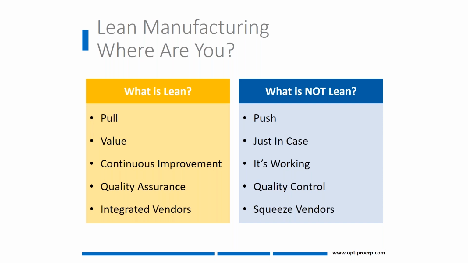We should be talking about quality assurance. Quality assurance is, again, we're looking at our processes, we're improving our processes, and we're designing our processes to ensure that we don't make bad parts. This is quality assurance, and it's something that we really have to move to.